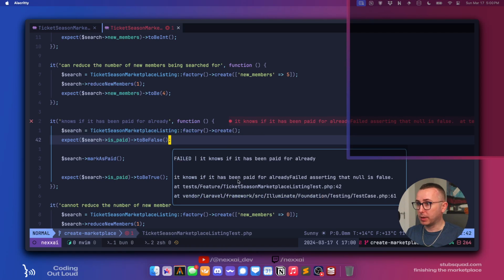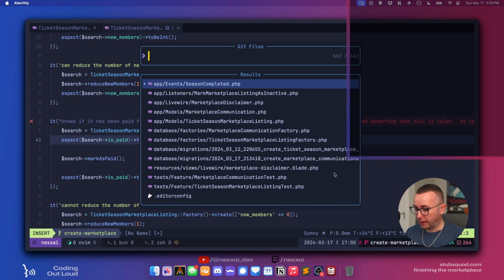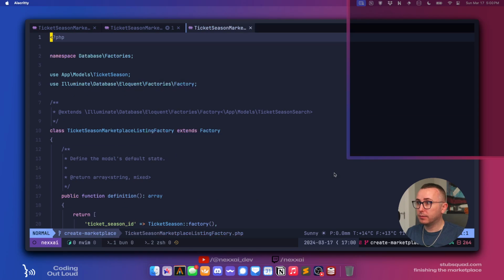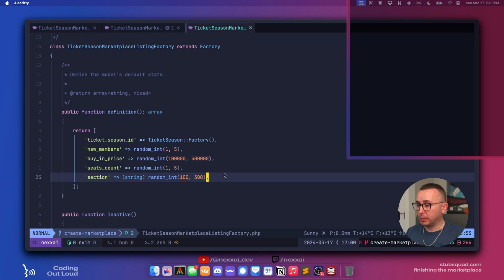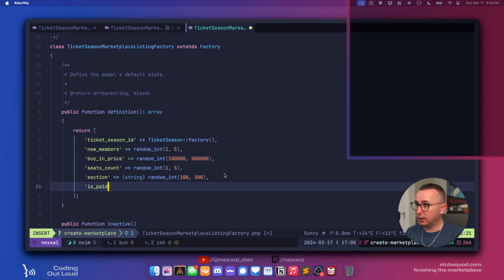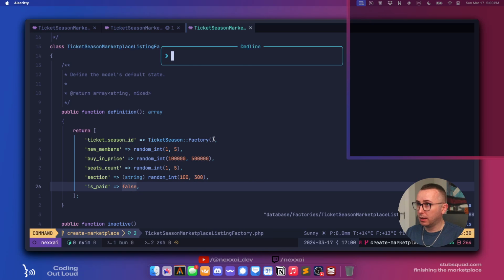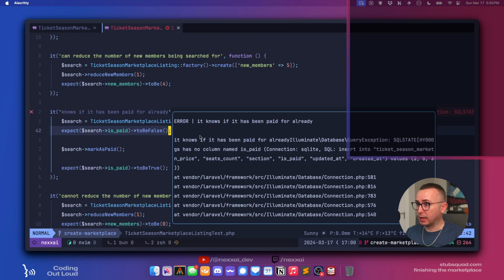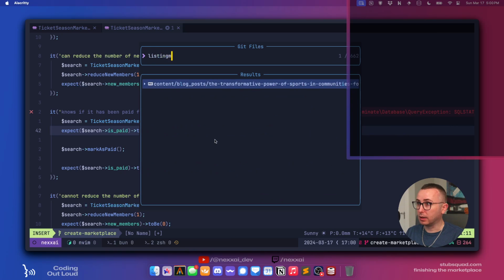So we want to say, what is the failure message? Starting null is false. Okay, so we want a listing factory. And so by default, is paid is going to be false. Okay, so that one's going to fail now because there's no field in the migration. So we will go to listing.